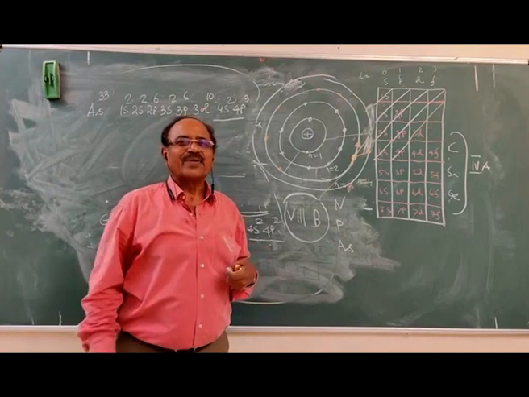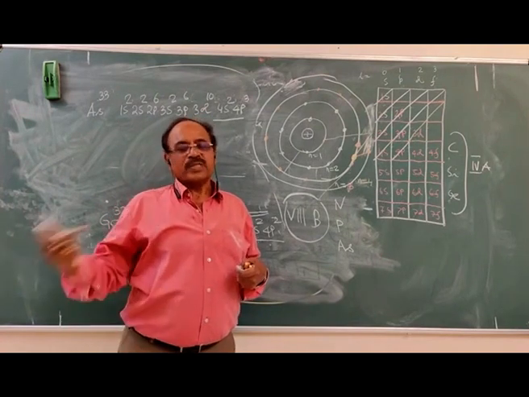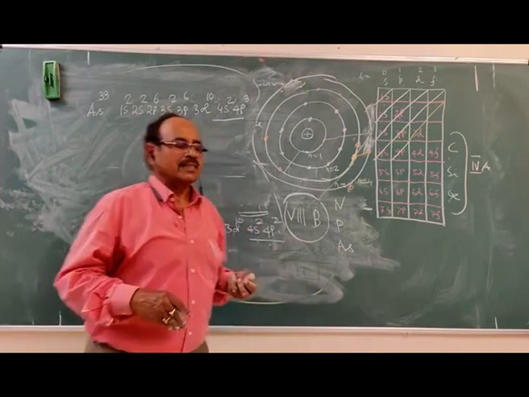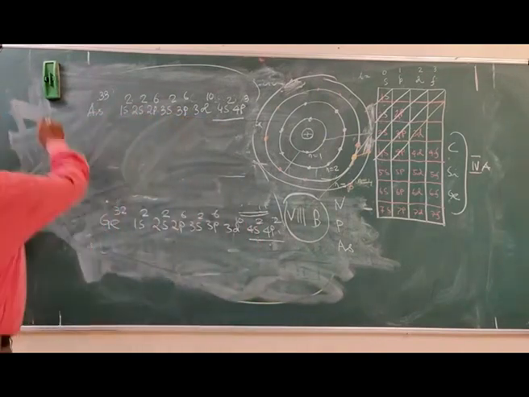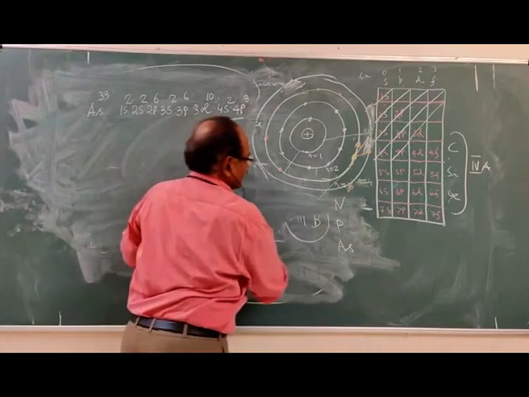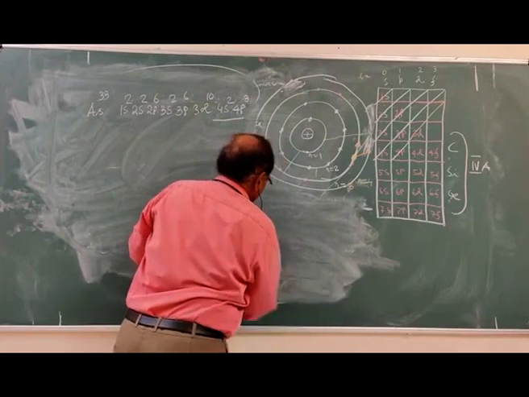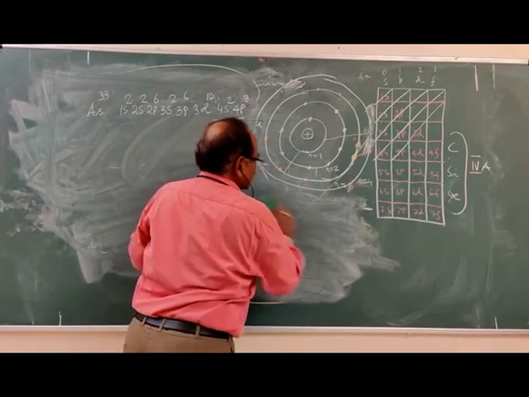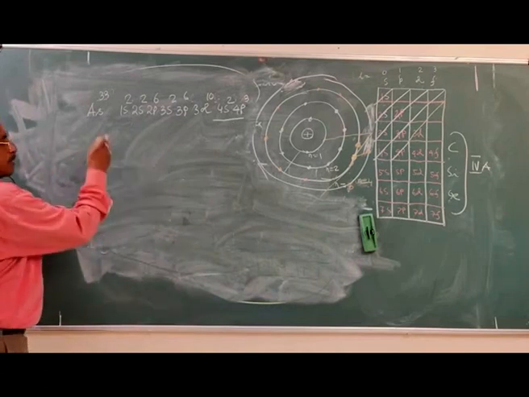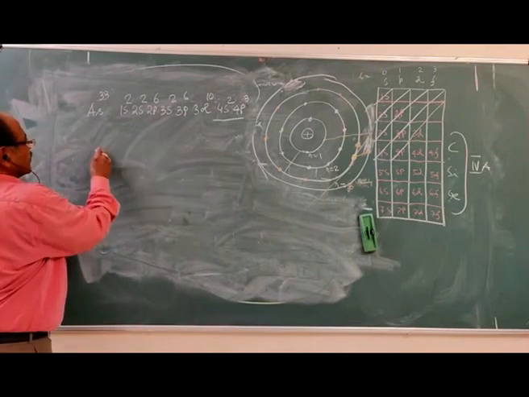It is a normal element, but it will exhibit more than one valence state. This is called inert pair effect. We will be discussing these features while discussing the periodic table. So I am linking to you the periodic table and electron configuration, and sometimes also their chemical and physical properties. Arsenic exhibits metal character and non-metal character also.